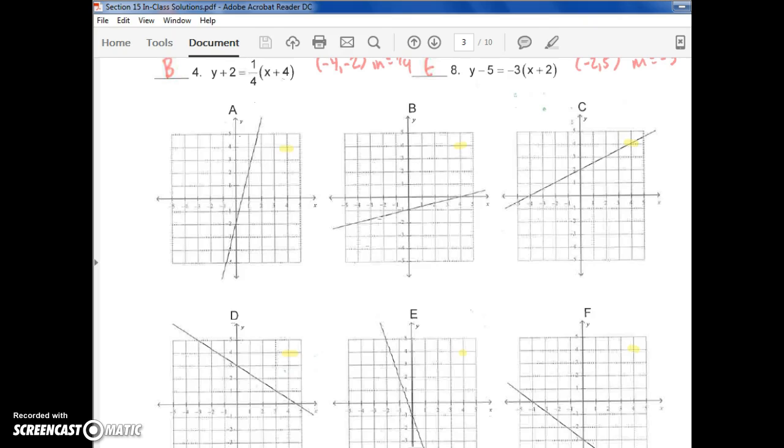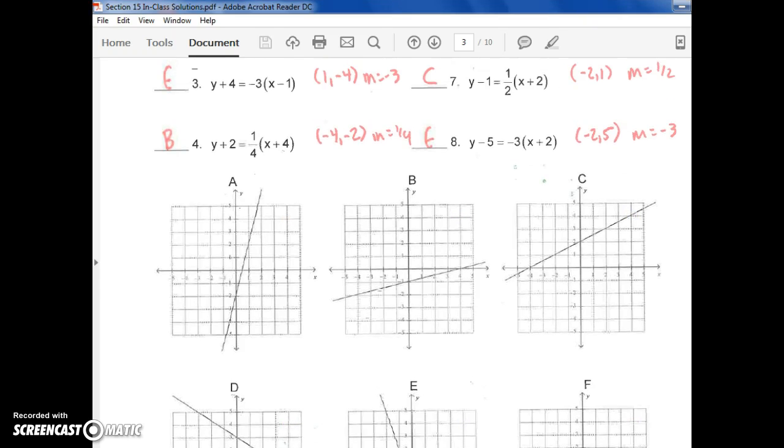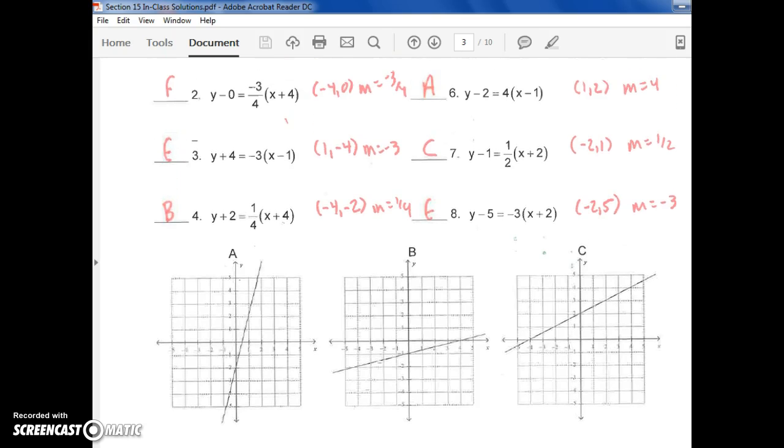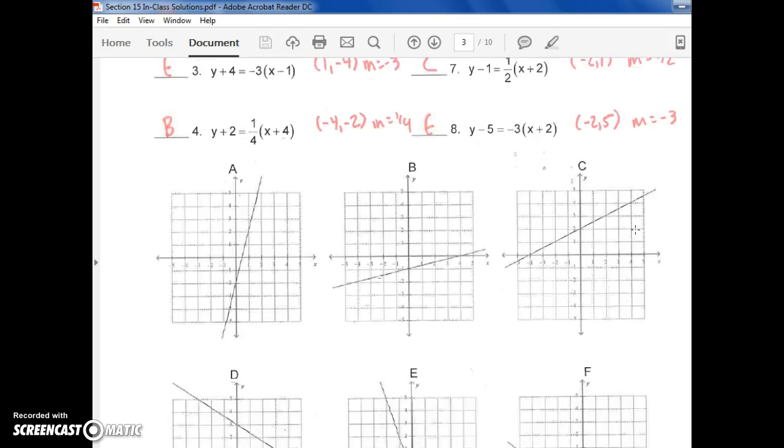Alright, then let's take a look at, the other ones are kind of like this, but there's one I really wanted to focus in on. And that was number 2. So on number 2, we see the equation y minus 0 equals negative 3/4 times the quantity x plus 4. So we're going to take the point negative 4, 0. Again, the opposite of positive 4 is negative 4. And then 0 is just going to go into there. And our slope is negative 3/4. So if I follow that strategy that we just used for number 1, and I look at the point negative 4, 0,